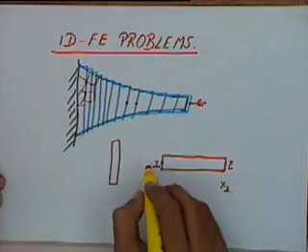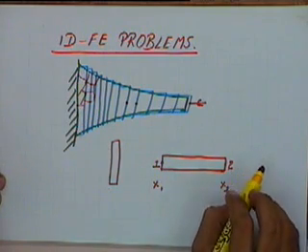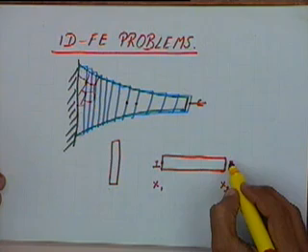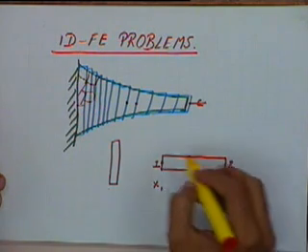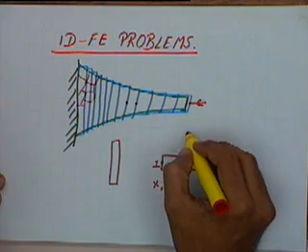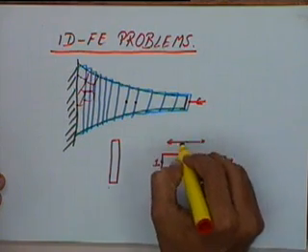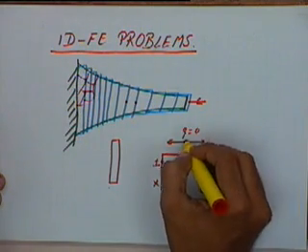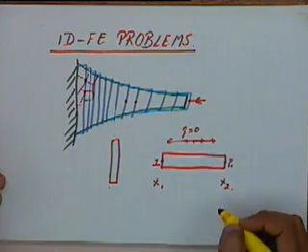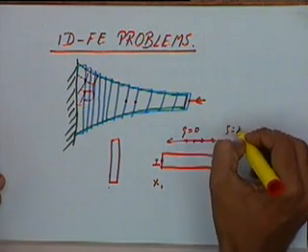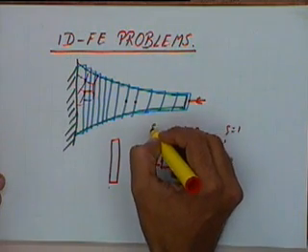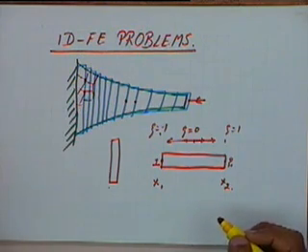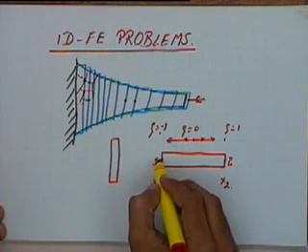Okay, what we will do is define a local coordinate system for the body. Instead of talking of the x coordinate, we will talk of the zeta coordinate. Let us say in the center we will have zeta equal to 0. At this extreme we will get zeta equal to 1 and at this extreme we will get zeta equal to minus 1. And zeta will vary linearly from one point to the second point.